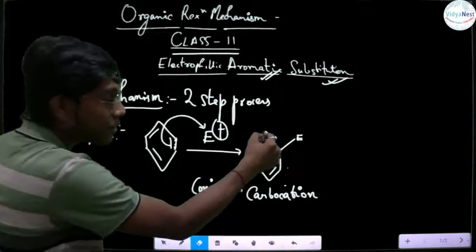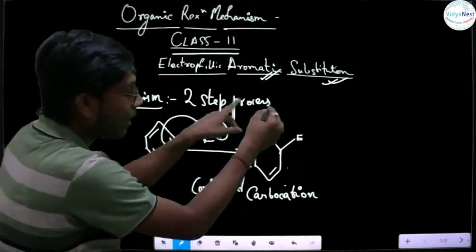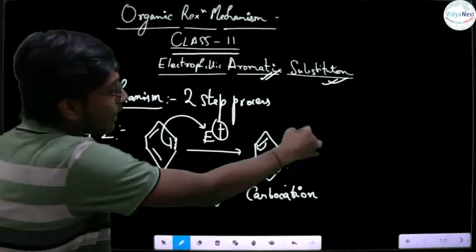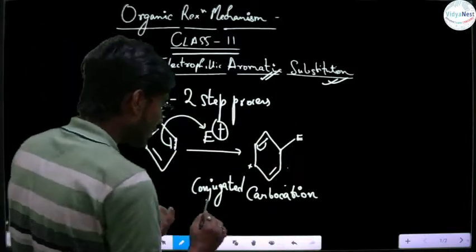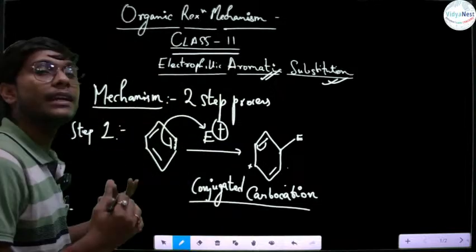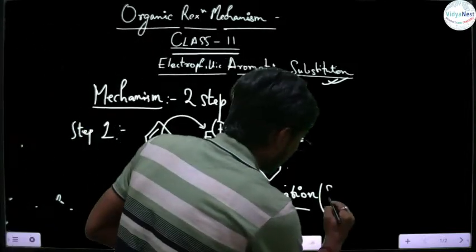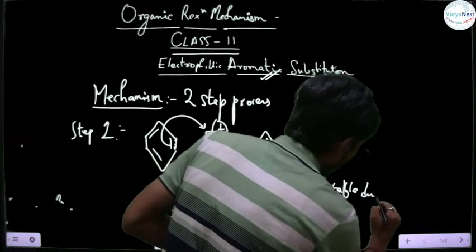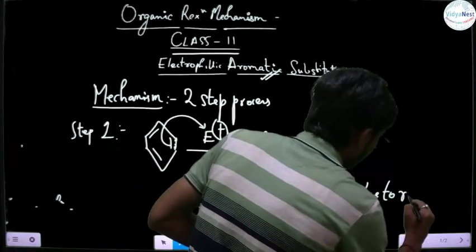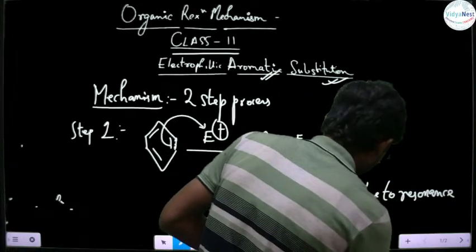Similarly, for another resonance, this bond breaks like this. Again, resonance takes place, and this plus charge can move over the entire ring. So that's why this conjugated carbocation is very stable in nature, due to resonance delocalization. So I'm writing here that this is stable due to resonance delocalization